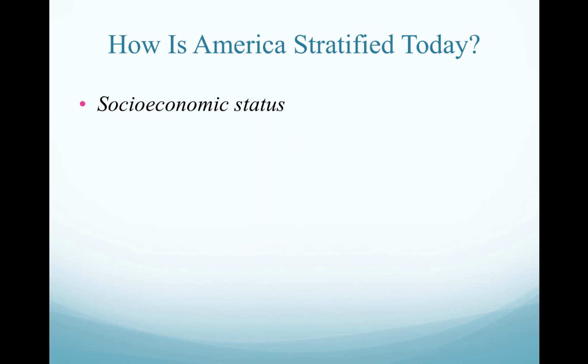So let's talk about how America is stratified today. As we see, it's incredibly stratified and polarized. One way it's stratified is by socioeconomic status, and this refers to an individual's position in a stratified order. In the United States, the upper class is associated with income, wealth, power, and prestige, but definitions related to specific levels of income or net worth can vary. And that's why we have this idea that to be rich is the same as being wealthy. Those are two different things.